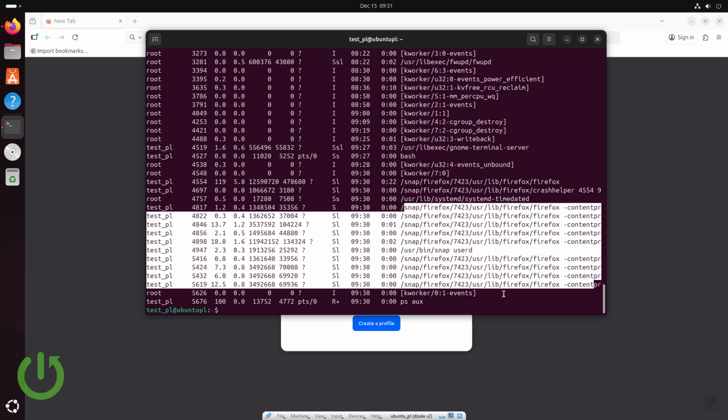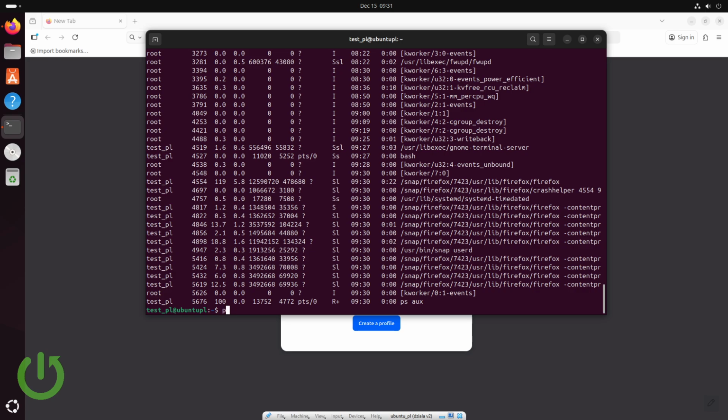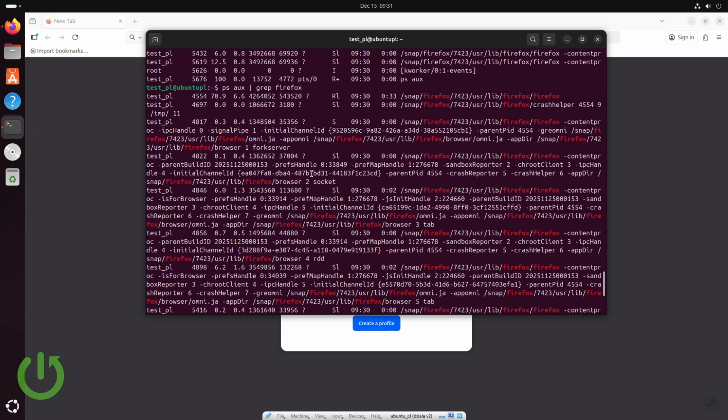How to display only them? We can do it like this. So like this, and add a pipe and type in grep and Firefox. So that means we displayed all processes, and now from all these processes we only show the processes that have Firefox in the name. So for example this and so on. So I will press enter, and as you can see we have all processes,